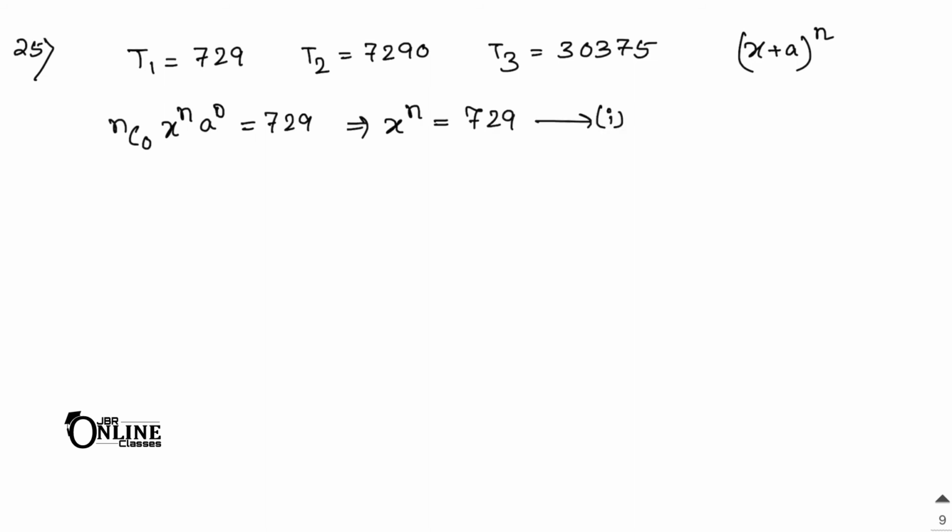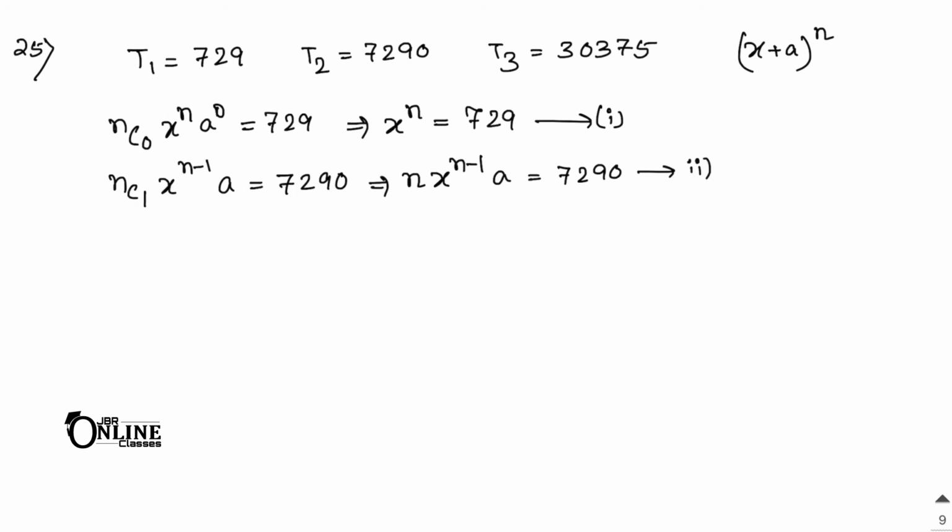Next one will be nC1 x to the power n minus 1 into a, which equals 7290. nC1 means n, so n into x to the power n minus 1 into a equals 7290, put it as number 2. Now the third one is nC2 x to the power n minus 2 a to the power 2, which equals